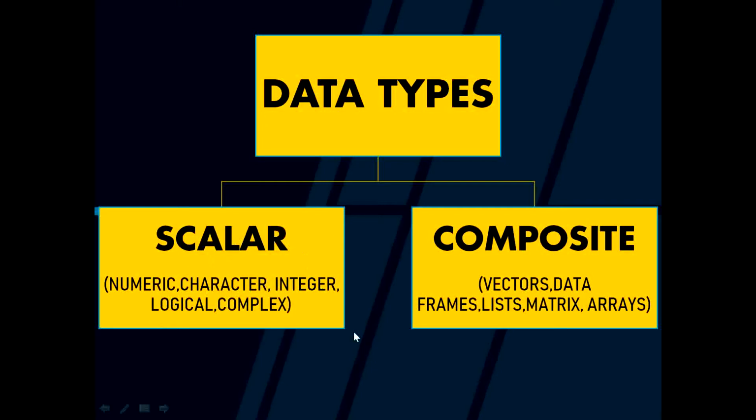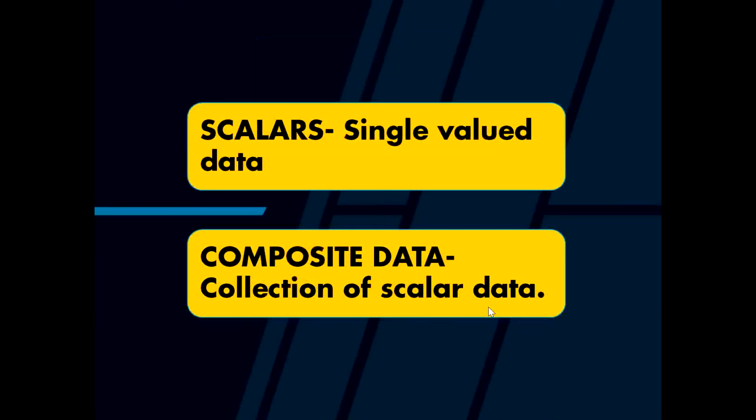In the next videos we are going to talk about composite data types, and we are going to mainly focus on vectors and data frames. It's because vectors and data frames are the most widely used. Lists, matrices, and arrays are not going to be of very much help in R because they are very inefficient. Now what are scalars? Scalars are basically single valued data. Anything single valued like a number, an integer, a decimal, a fraction. It might be a character like one word or a sentence or anything. They can be called scalars.